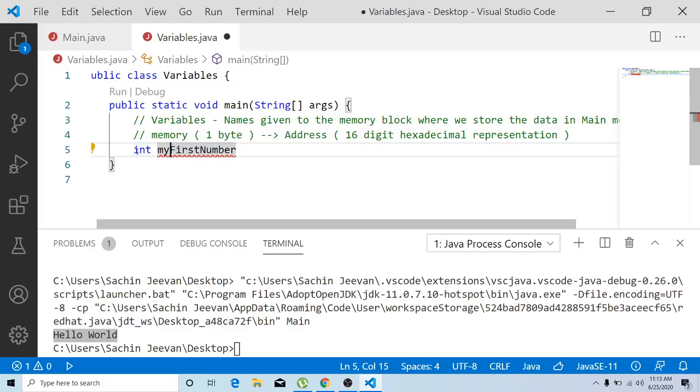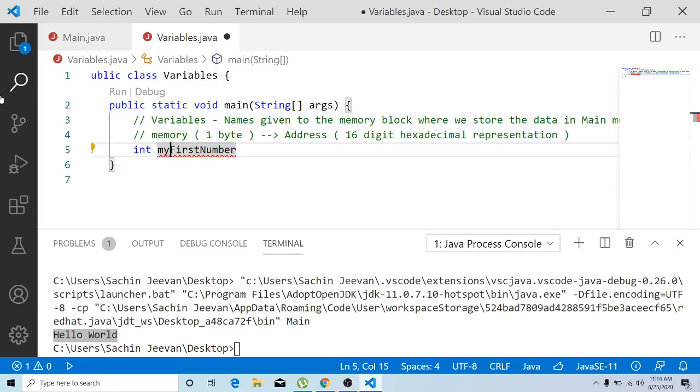Now you can ask me, what is the necessity of specifying the data type? Because each and every data type has a different memory consumption. We are not talking about the total memory now; we will see that in the next part. But what I wanted to convey is that, for example, if an integer is going to take 4 bytes, then for strings each character will take 2 bytes. Then if you go to double, it will take 8 bytes. So each and every data type is going to consume a different amount of memory.